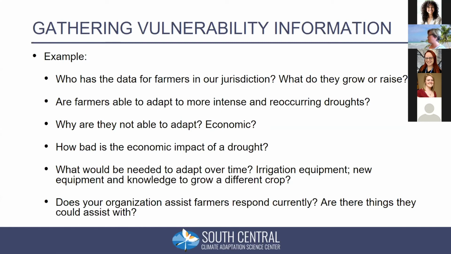So, are they needing irrigation equipment or new equipment to grow a different kind of crop, or the capacity, the knowledge to grow a different crop? Help these species that aren't doing as well and growing them in new regions of the U.S. Does your organization assist farmers, and who does that type of thing to respond? And especially when droughts hit, does your organization step up and do any response and things like that? So a lot of information, again, that goes into the vulnerability assessment. And so to think about before you